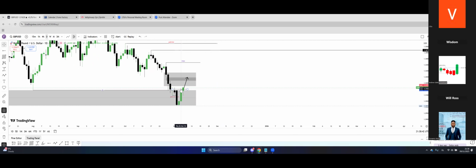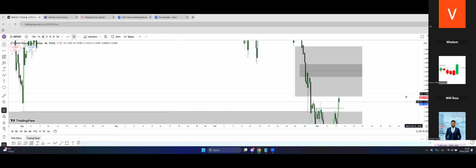Like I say, price gave me a change in state of delivery right here. So what I'm looking at is a possible rebalance and continuation to this area. So it depends on you guys. Like I said, we might see at least 100 pips. 100 pips can come out from here, depending on how much lower you go, but yeah, I think we can see 100 pips or at least a minimum of 50 pips to this inefficiency.